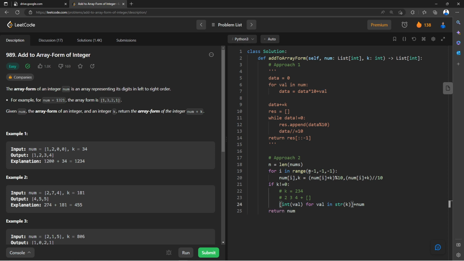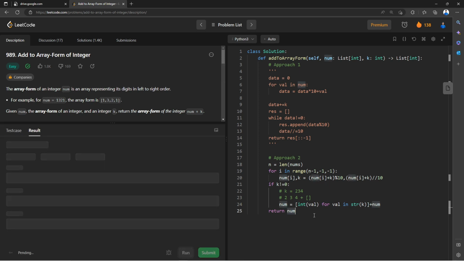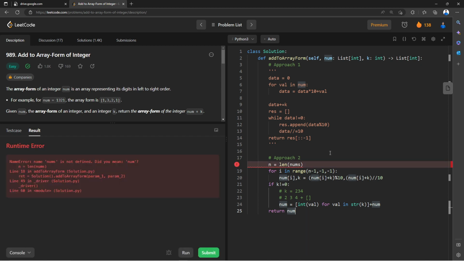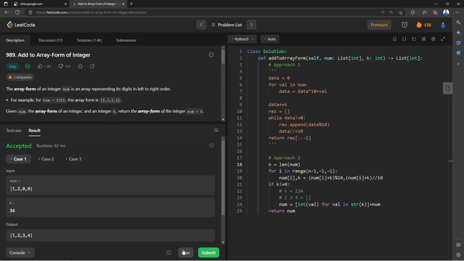And by the way, I have to just do this thing. Now if I return this thing, all right, num is not defined, I have to use num, not nums. All right, so now let's see. You can see all the test cases are passed, and I have seen that I'm taking just extra space over here, so even though I can return this thing, right? And here also. So if I just again run this,